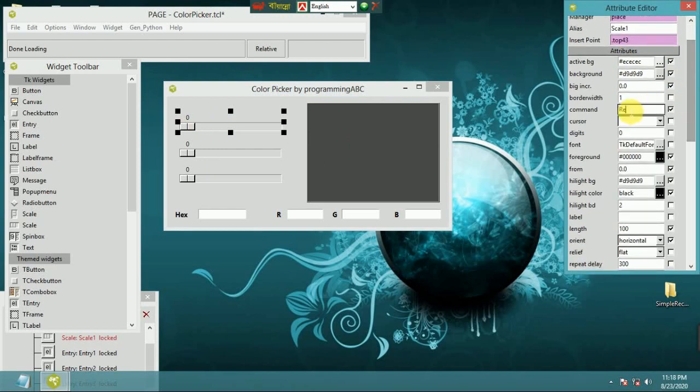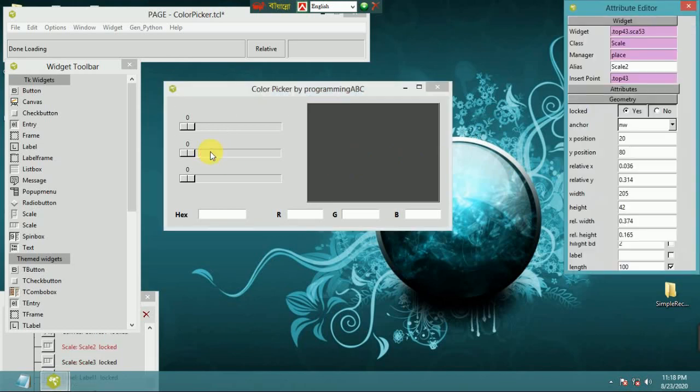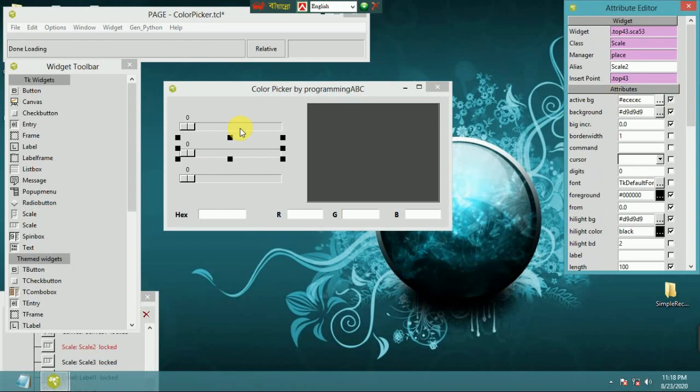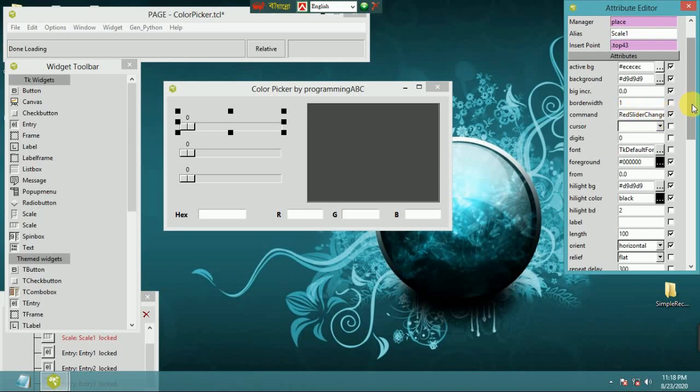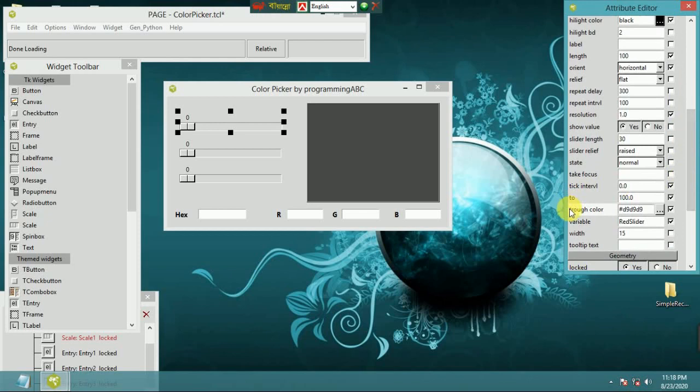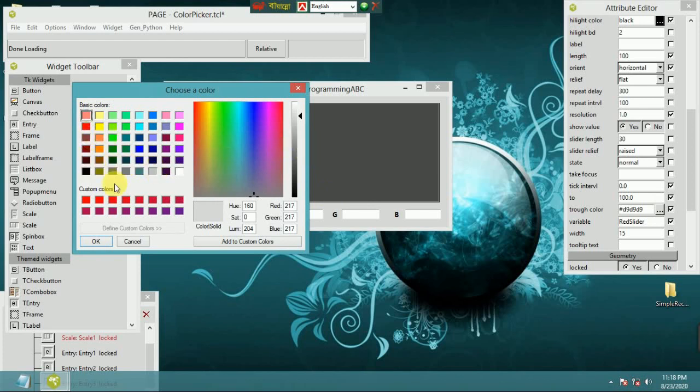Command, red slider, slider change sense, red slider sense. Make this something more, red slider sense and throw the color, red color,